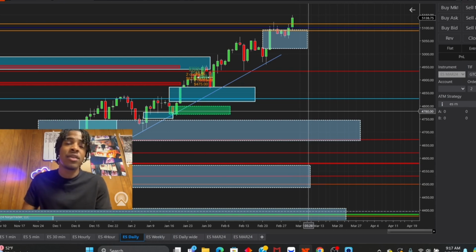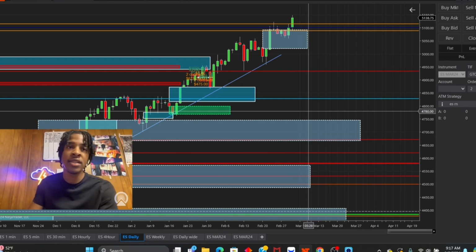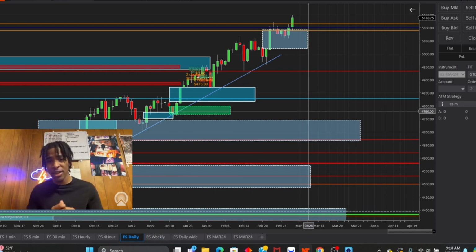It's called a fair value gap, some people call it. And that's the only strategy I mostly use. I use support and resistance sometimes, and I can make a video on that as well, because I just, last week, not even last week, well this previous week, it might have been the week before last, I took a support and resistance. It was a resistance, I think. And it was such a great trade.